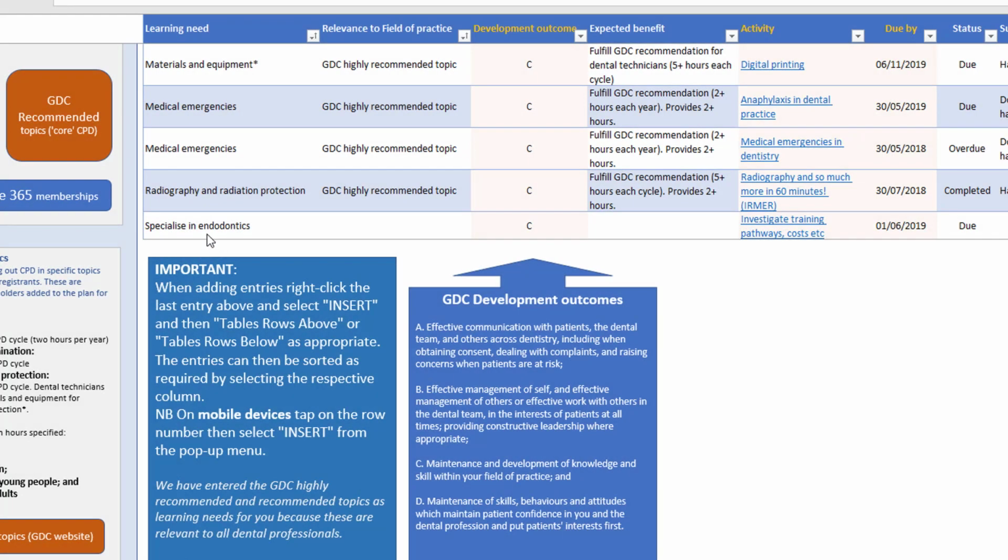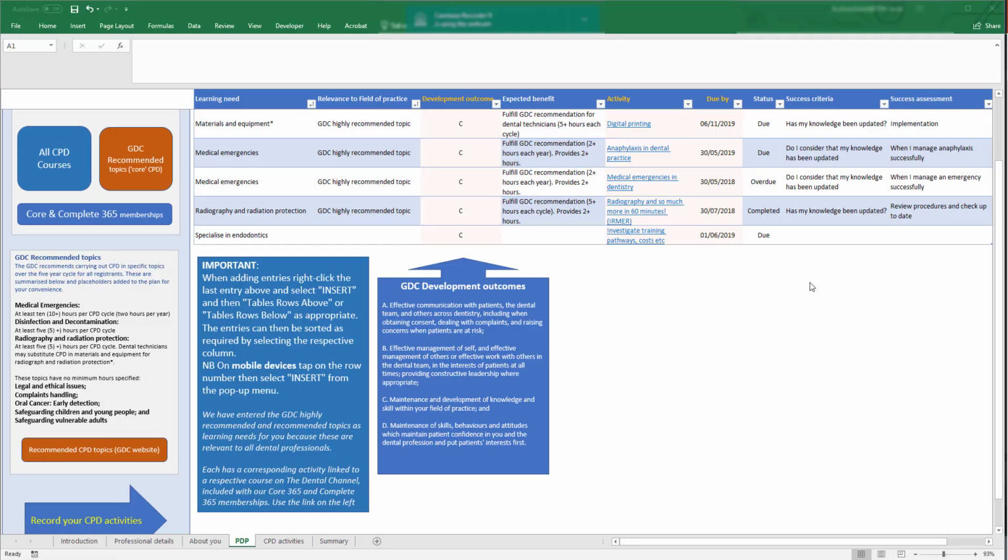So here I've added the learning need, specialise in endodontics. The activity is to investigate training pathways, costs, etc. And a due by date, 1st of June 2019. I have added a development outcome here as well, but that's strictly not necessary. That's only relevant to verifiable CPD activities. You can, of course, use your PDP for both verifiable and what used to be termed as general CPD activities. So once that's been done,